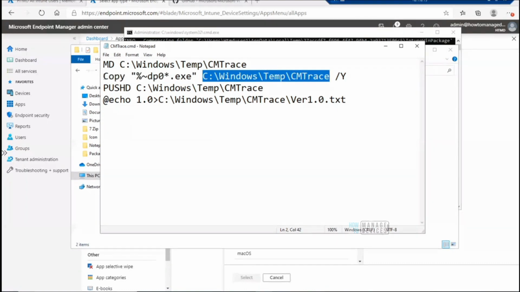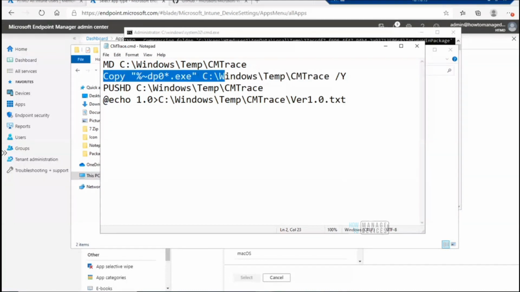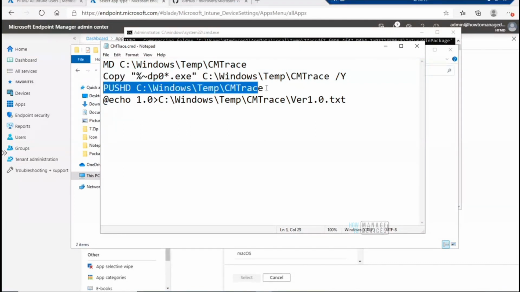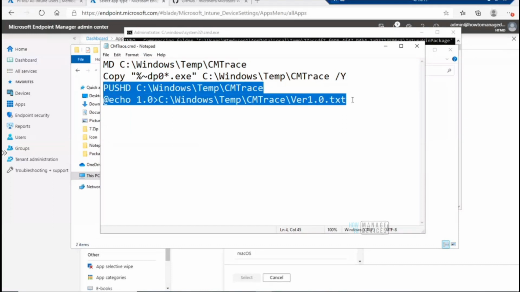So this is a straightforward command, and I hope you must have used this in SCCM packaging scenarios many times. Okay, then I'm going to go through these two commands, right?